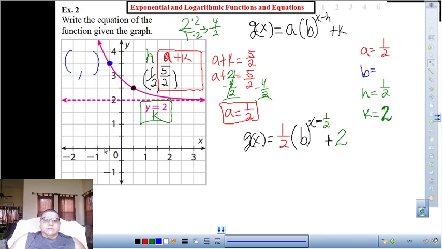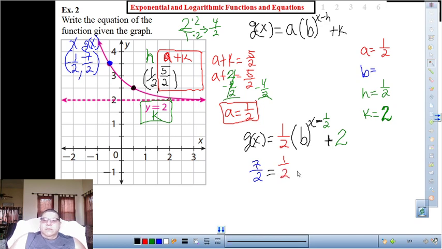What are the coordinates? -1/2, and it's 3.5, but I'm going to use halves to write that. 1, 2, 3, 4, 5, 6, 7 halves. So this is our x, and this is our g of x. So let's substitute those values in here. What was g of x? 7 halves